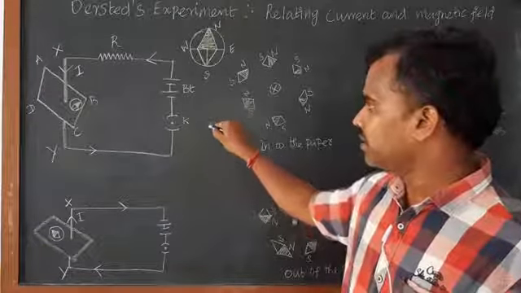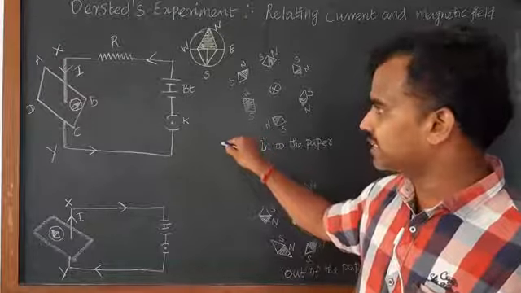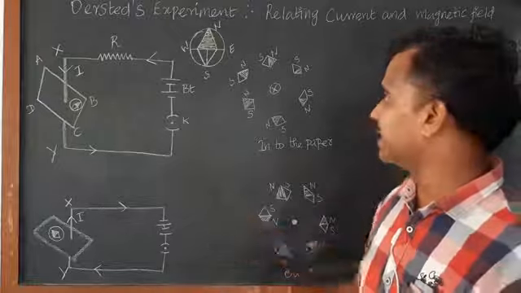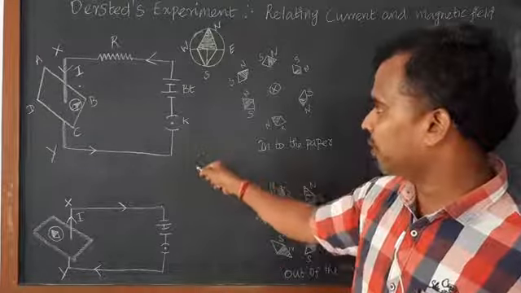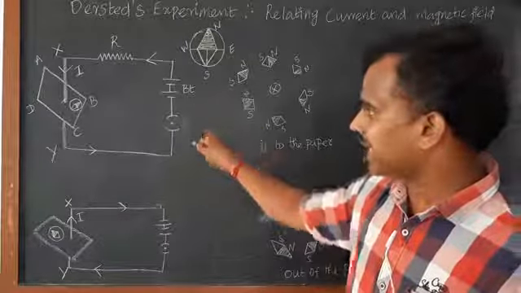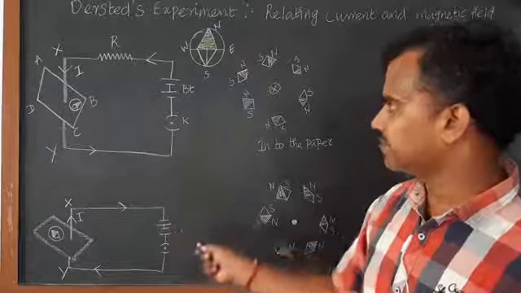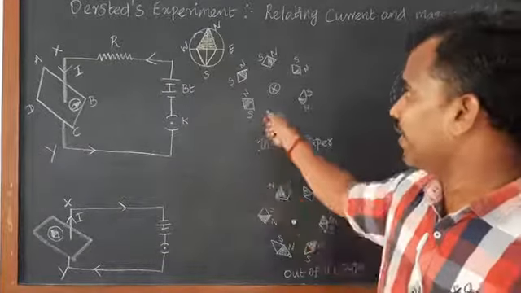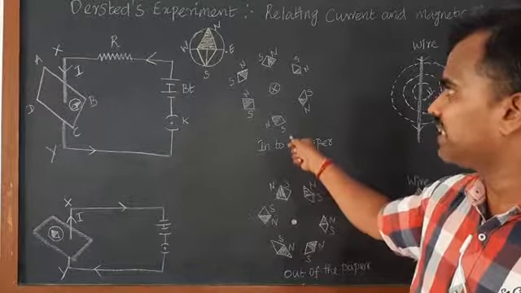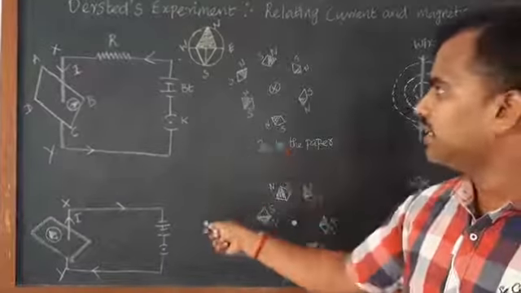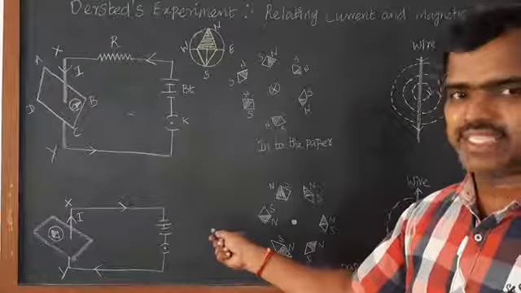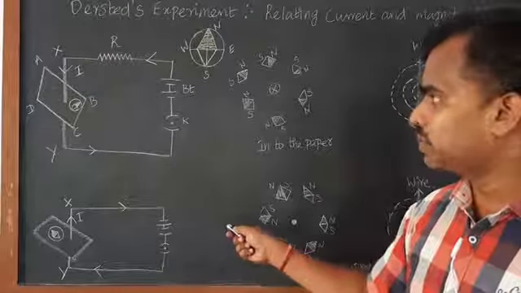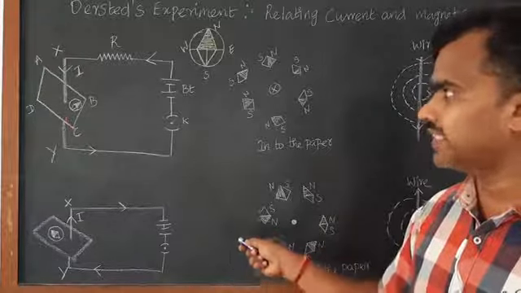So, what will happen? Due to this current, some deflection takes place in that compass needle. Actually, this compass needle should be placed exactly like that, with the north pole and south pole placed like that. While passing current, it gets deflected towards the east direction, on your right side. For that reason, I showed north pole, south pole, this is east and this is west. So, this compass needle will be deflected towards the east direction, and the deflection is due to the magnetic field produced by this conductor which carries the current.